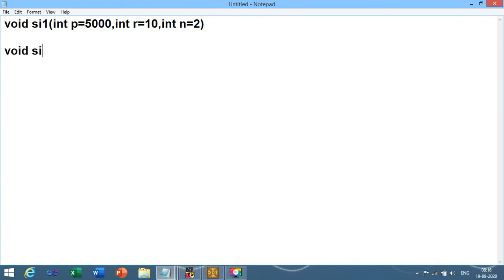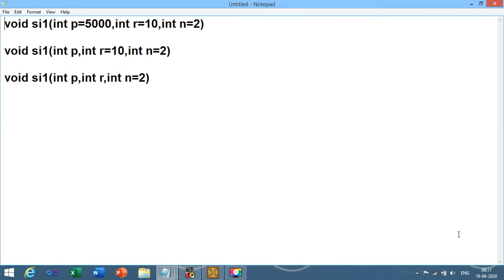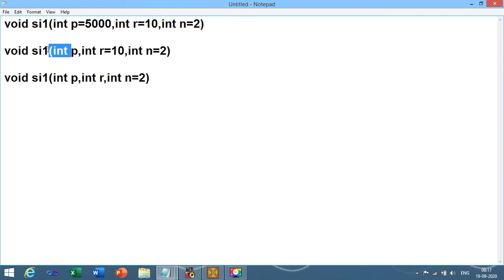Similarly, the second correct way: integer p comma integer r equals 10 comma integer n equals 2. This is the second correct way through which you can pass arguments to the function. Now si integer p comma integer r comma integer n equals 2.